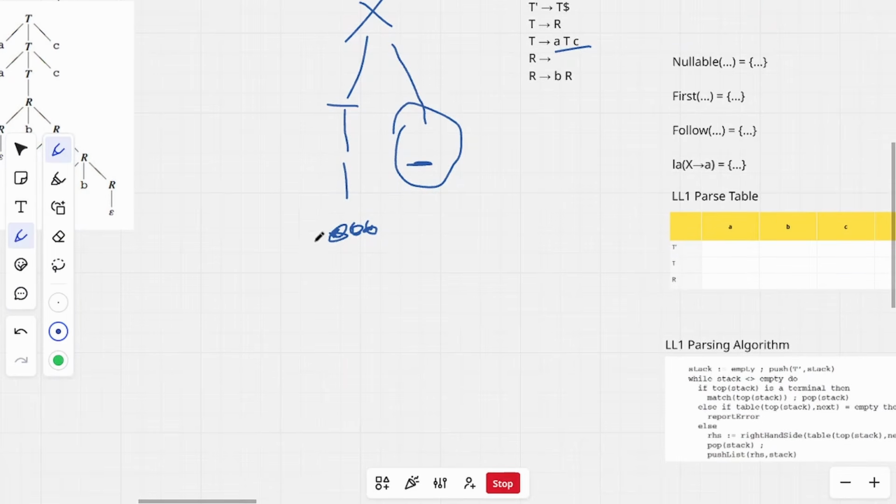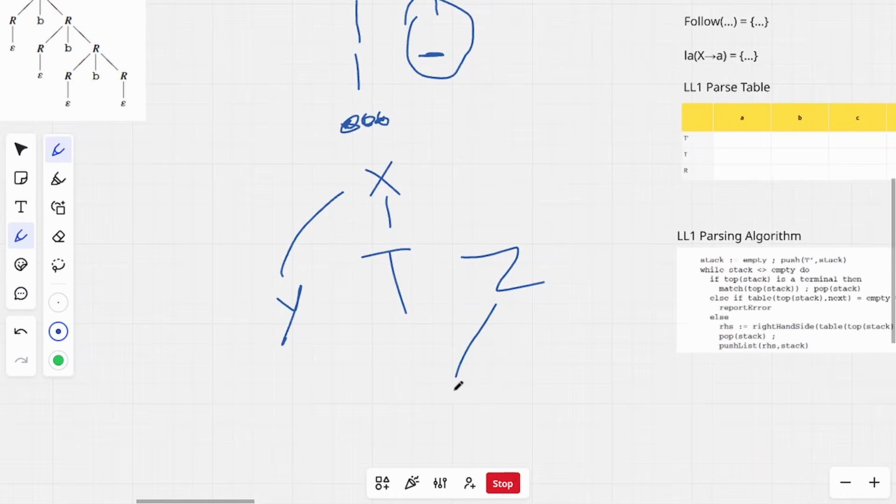It could also be in situations like this, where you have x, y, and then z, and then z would produce a. So the follow of t would be whatever